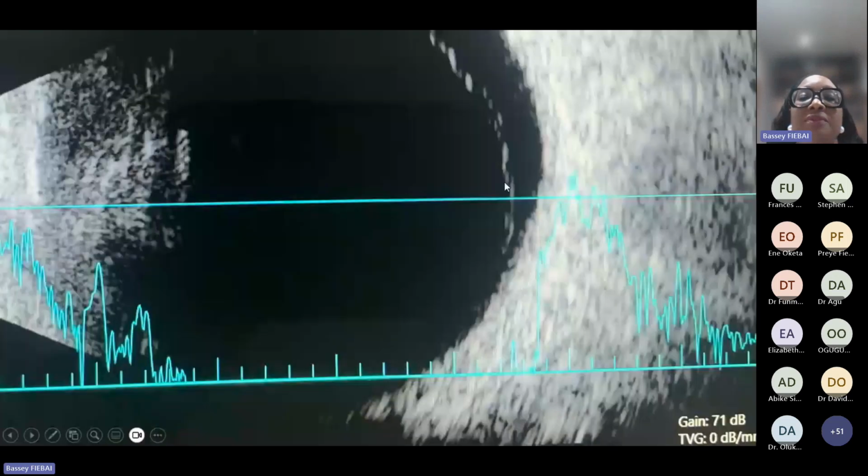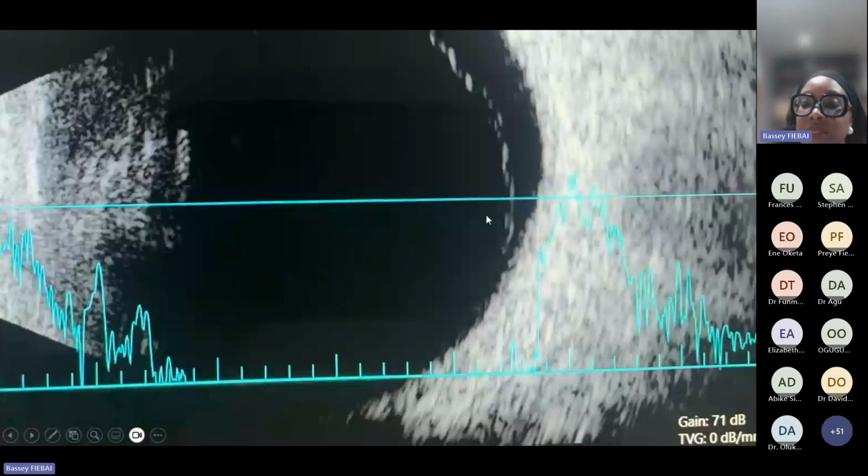So this was a patient I had, a 54-year-old who came in complaining of seeing a black line. When we did the scan, if you look at the spike here, you'll see that it is low to medium. Some people may confuse this with a retinal detachment. If it was a retinal detachment, the spike would be higher, but this is the spike for this membranous opacity that is hyperechoic, and it was detached from the optic nerve, so that could also confuse you. But this is a complete PVD because it was not attached.